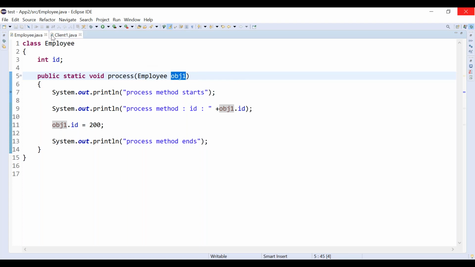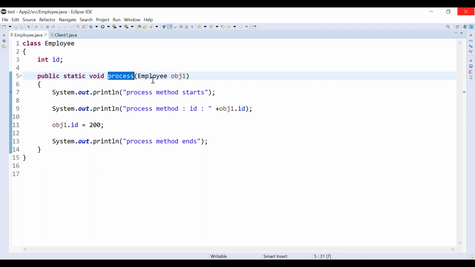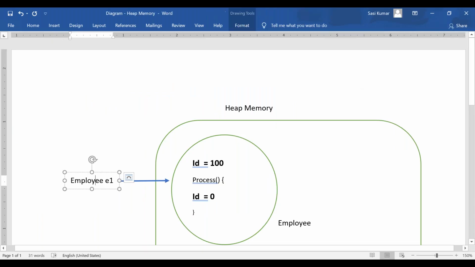What I am doing now, the e1 reference you are passing to the process method. Inside the process method, who is catching that? obj1 is getting that value. Now obj1 and e1 both are pointing to the same object, because you are passing by reference, correct?